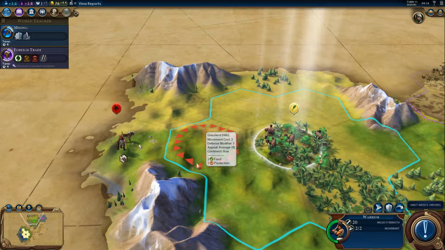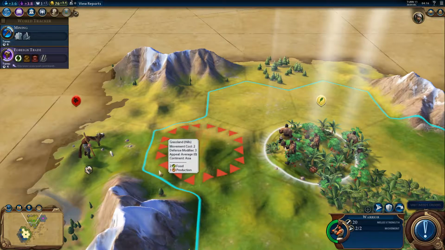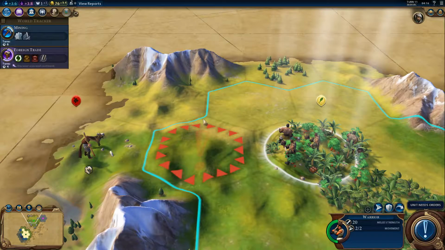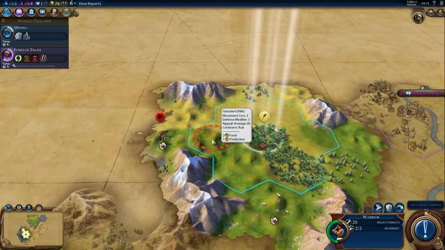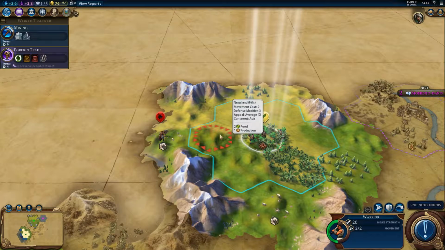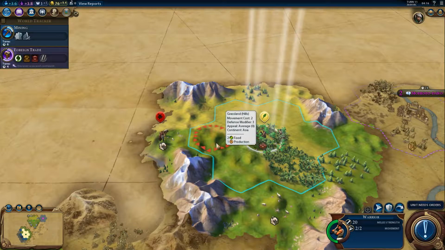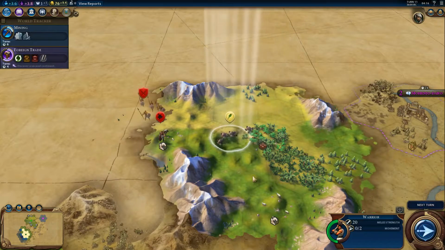What this means, I'm going to zoom in so you can see it. There's this tile here with all these red arrows, and that represents zone of control. If you try and move from a hex covered by a unit zone of control into a hex covered by a unit zone of control, whether it be the same unit or a different one, you're going to have to pay extra movement points. Hopefully we can use that to...